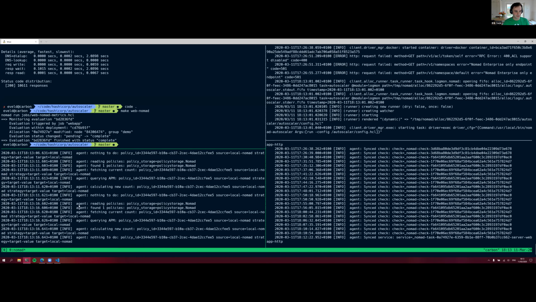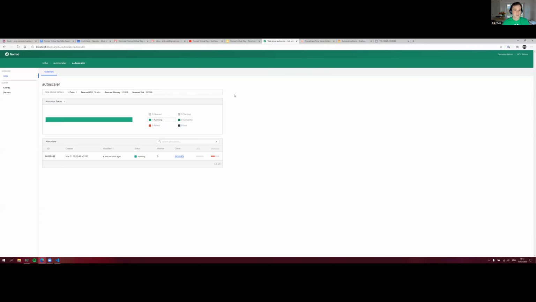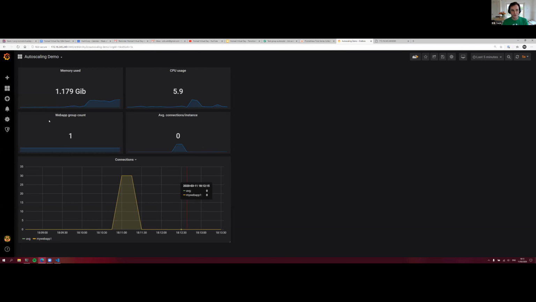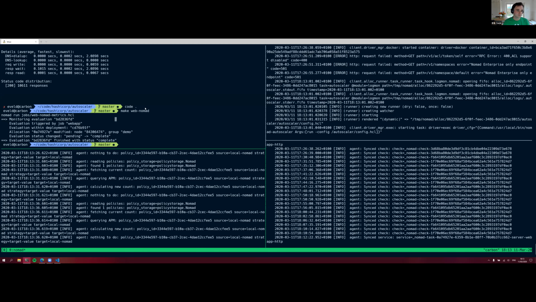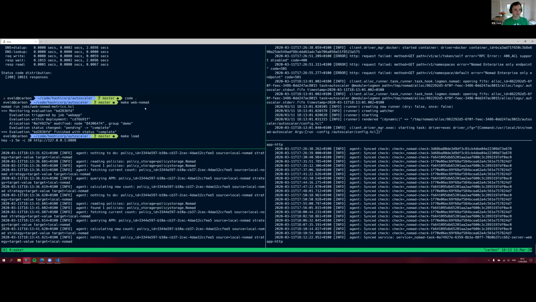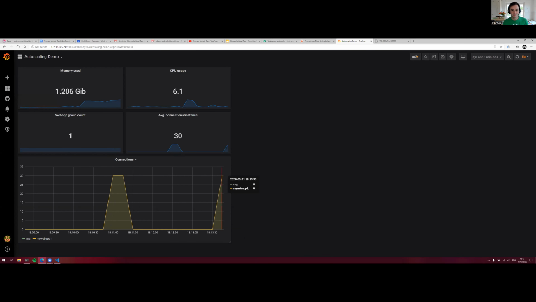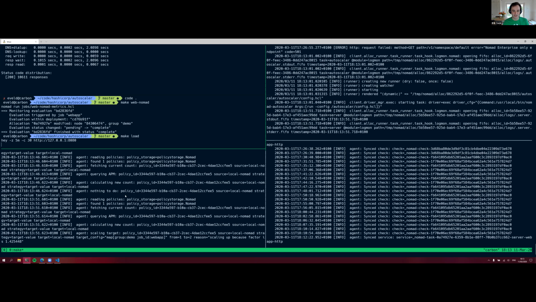So here we can actually see that it's creating a PM. It's not doing anything. It's not telling us about any scaling actions, right? So we're actually running our new version of the application. In the load, we don't have any load and we have one instance. But if we now actually start generating the 30 connections again, we now see the connections ramp up,